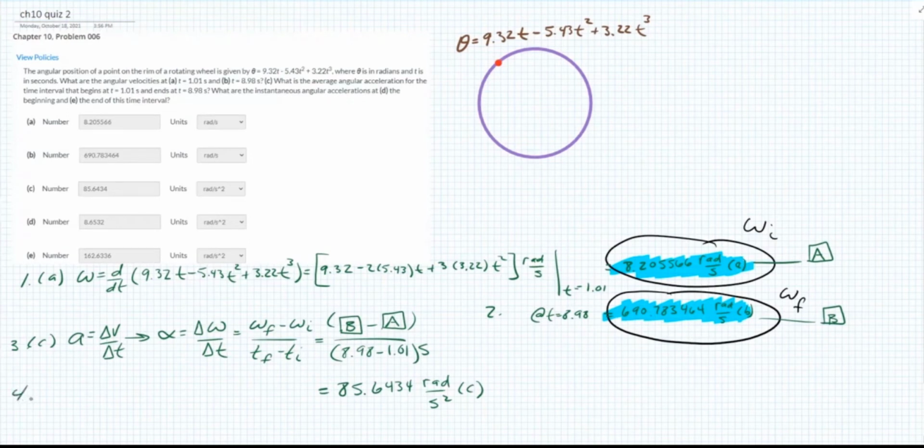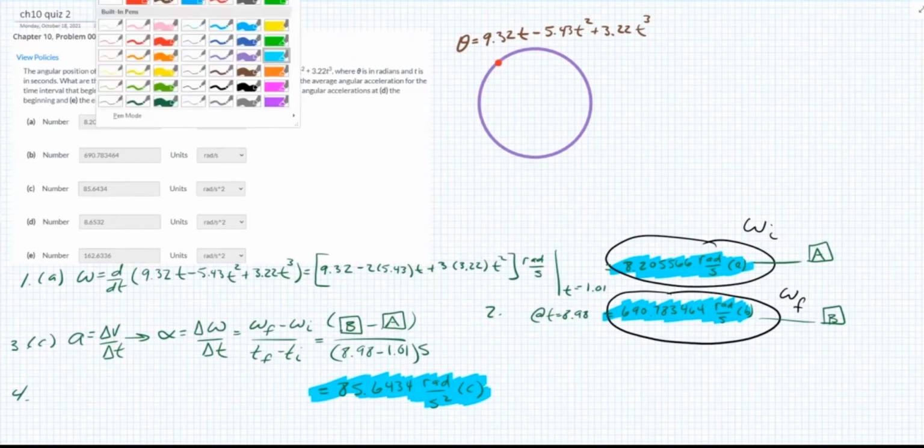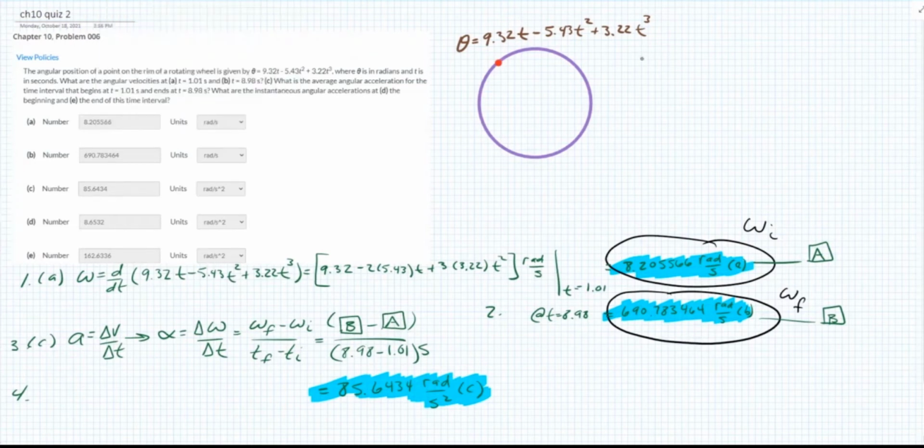Step 4. Okay. What does part D say? Part D says, what's the instantaneous angular acceleration? This is for comparison purposes, but right now let's just go ahead and follow orders. For part D, what's the instantaneous angular acceleration at the beginning and end? So let's do for part D,